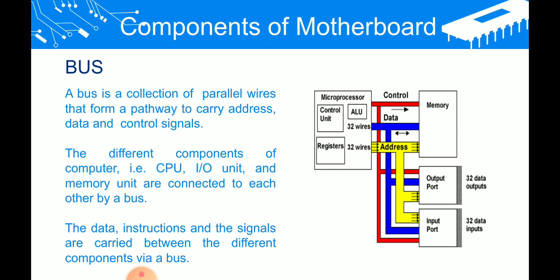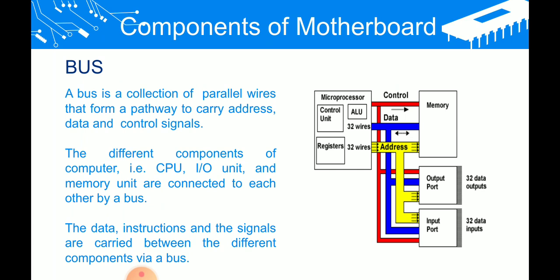So you know, one bus which goes on the road takes people from one place to another. In the same way, in a computer also there is one bus, and what does this bus do? It does some task. The task is, instead of people, it takes the data or address or some signal from one component to another. The bus which goes on the road takes people from one place to another, but the bus which is in the computer will take data, address and signal from one component to another.